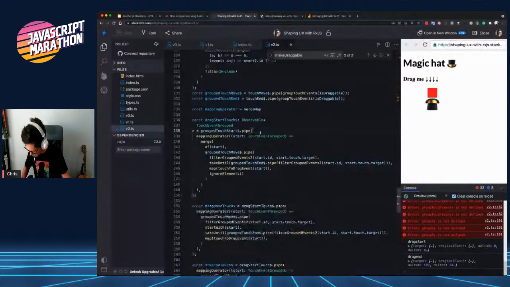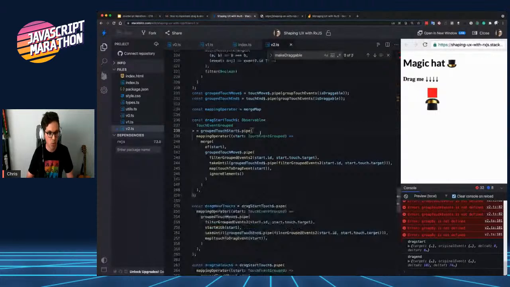This is very odd. My phone is basically not responding to touch events. Okay. So I cannot show you on my phone, but the idea is that